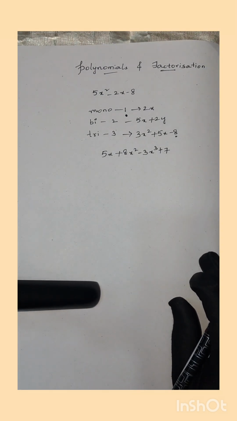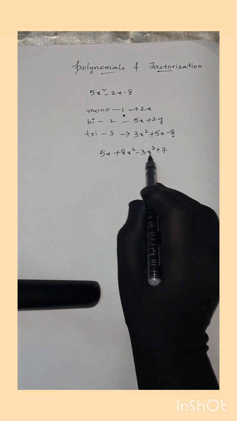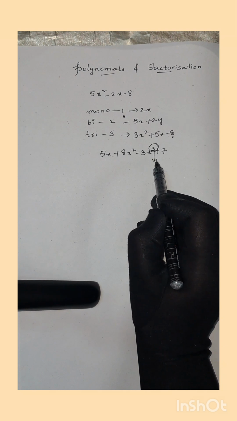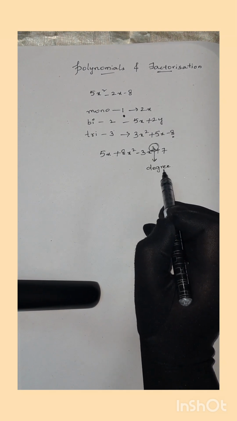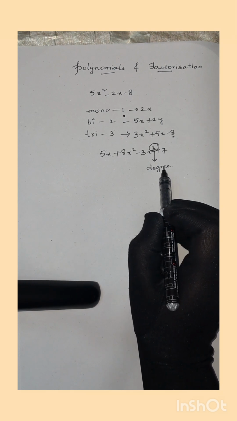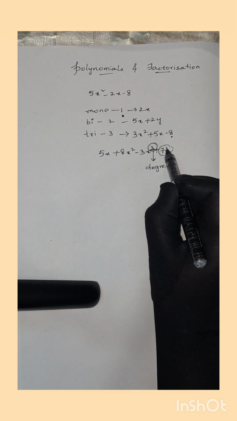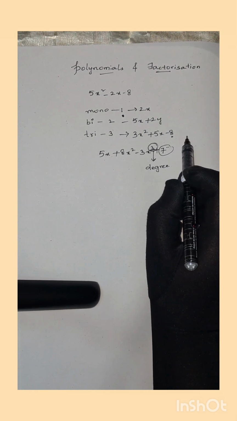Now, let us see what is the degree of the polynomial. The degree of the polynomial is the highest degree of its variable term. In this equation, how many terms are there? 1, 2, 3, 4. So what is the highest degree? The degree is 3. That's why we say the highest power of a term is known as the degree. The degree of a constant term is considered as 0. Are you able to see any variable here? No, right? So for a constant polynomial, the degree will always be 0.